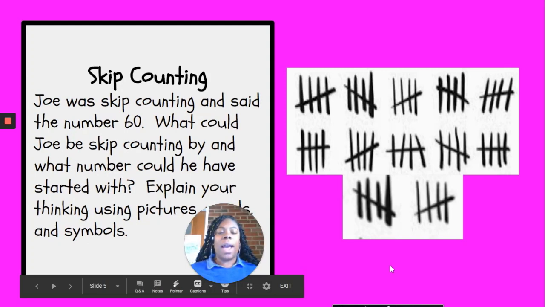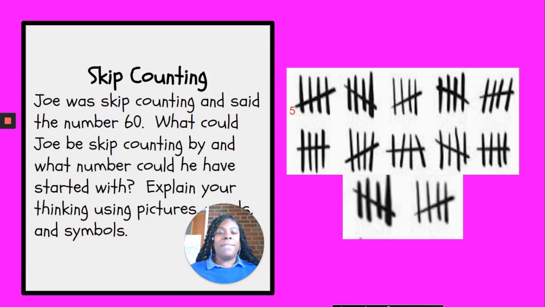And so I have 5, 10, 15, 20, 25, 30, 35, 40, 45, 50, 55, 60. I counted up to 60 using fives. So that also could be an answer if you use fives. You didn't have to do twos, fives, and tens. I just wanted to show you that you can use any of the numbers we discussed today to solve this